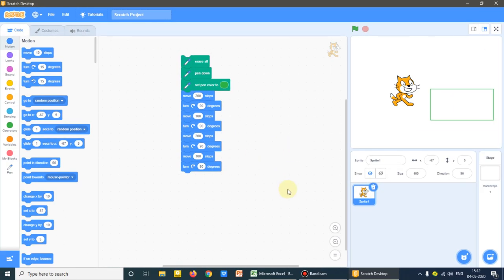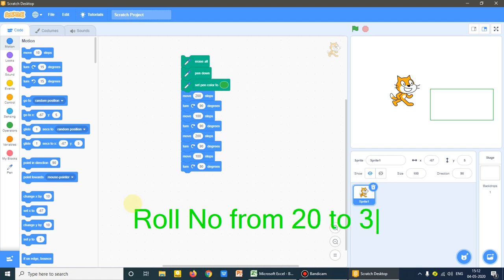Now you will all make a square and a rectangle, and just click a picture or take a screenshot, for those who don't have computers, and send it to me. The roll numbers who have to send to me are from 20 to 30.